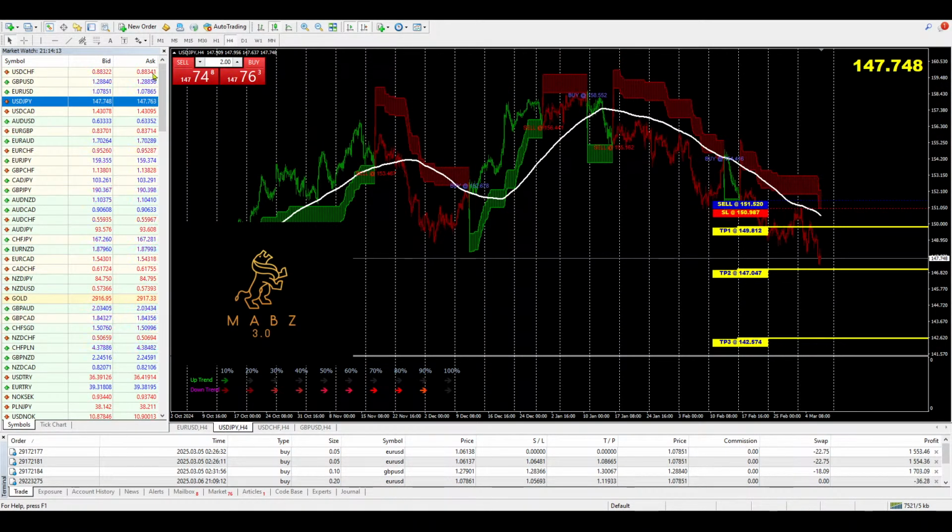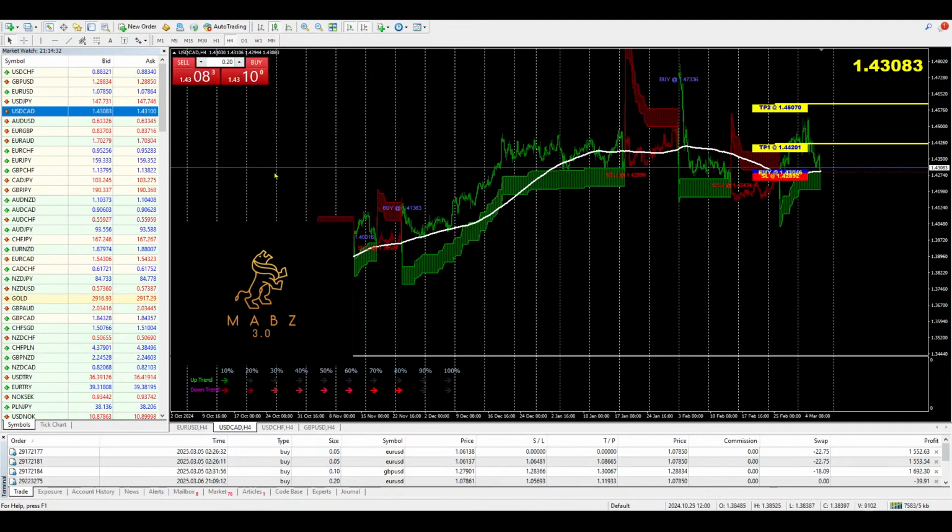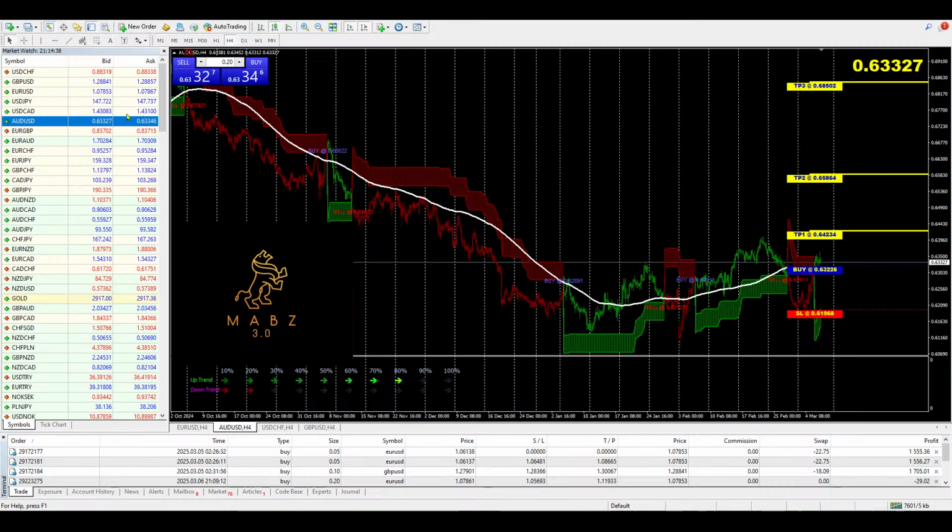Here's another one, USD JPY, same rules apply, and price is underneath the 100 period moving average. I'm just going ahead, targeting TP3. I like to target the last one because when the market starts moving, I then begin to benefit from that. Okay. All right. So USD JPY, I don't see USD CAD. I don't see anything clear.